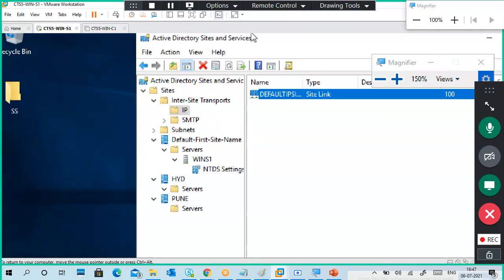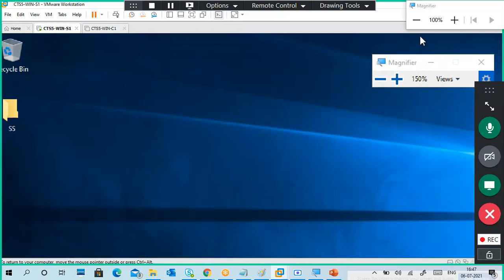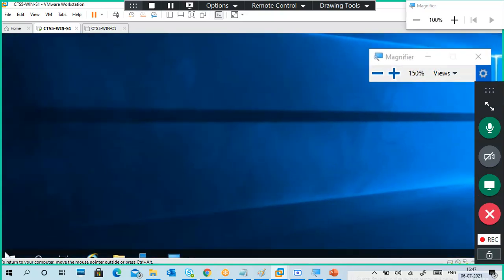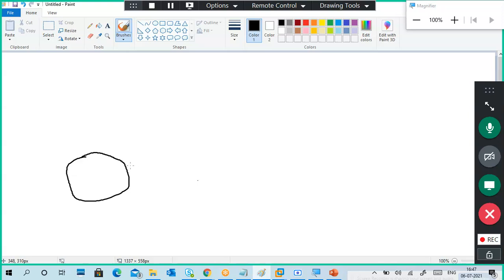Every 180 minutes it will automatically replicate. Okay, this much is not required, but for the site purpose I told.